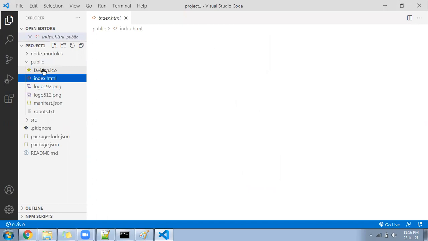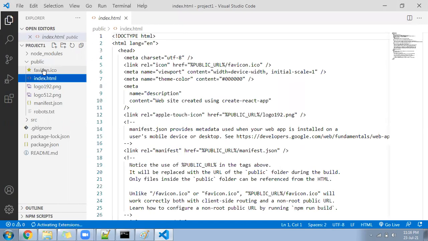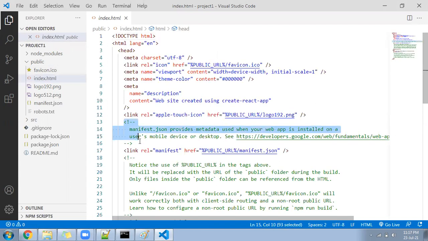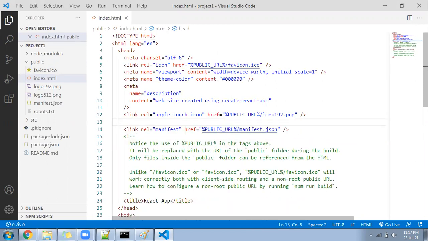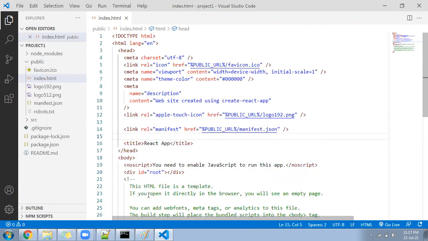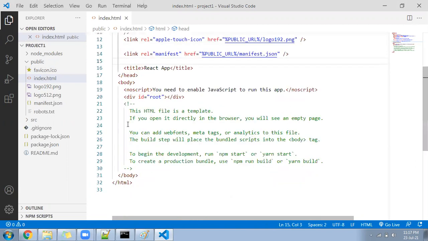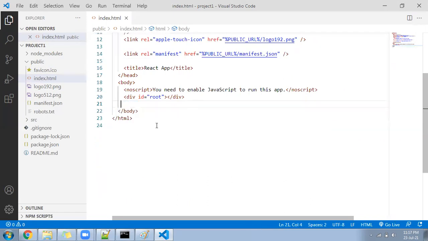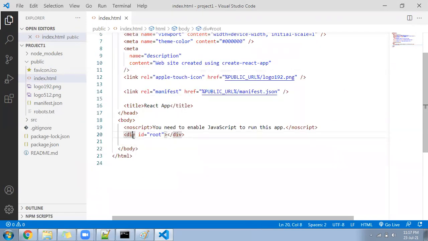This index.html file has a lot of commented code. Okay, let me clear it. It should not overload you. Unnecessary code will make you confused, right? So I will remove the commented code. Correct. See, the file looks non-heavy now. We have only one line here that you can see, id equal to root. Can you see this? Id equal to root.